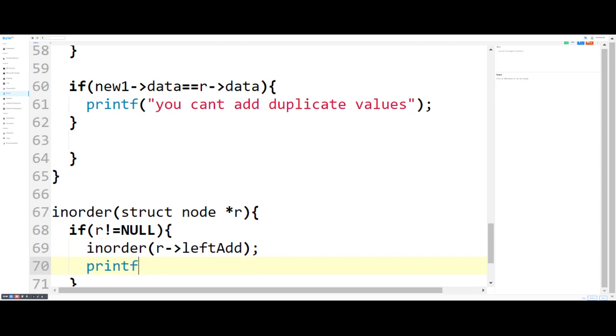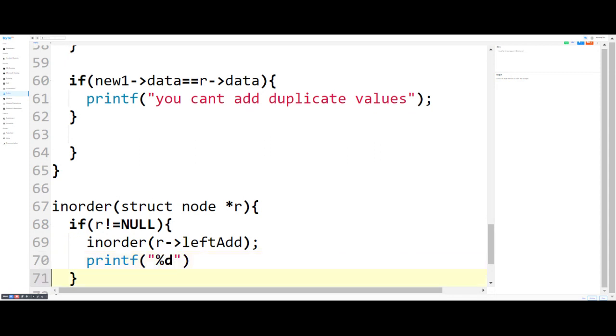After this, we simply printf percent d and root of data.